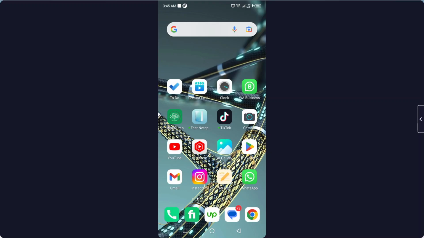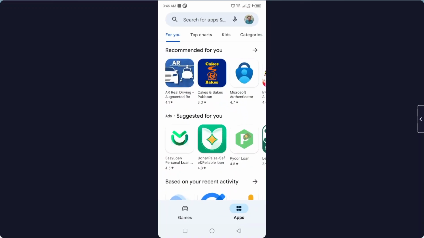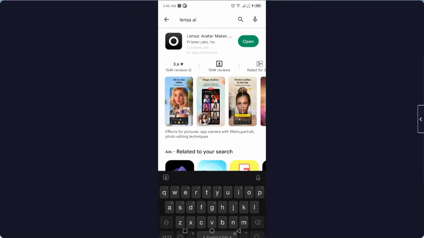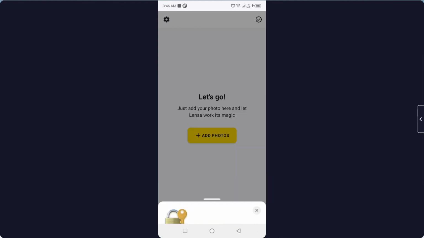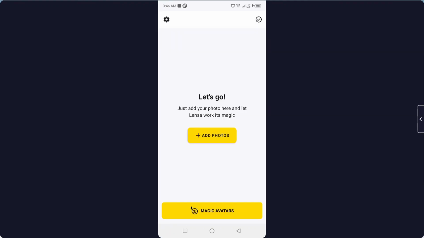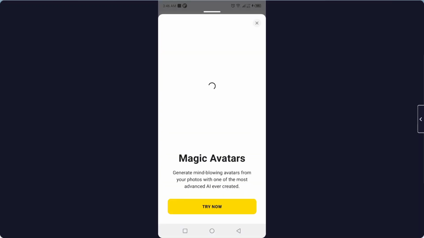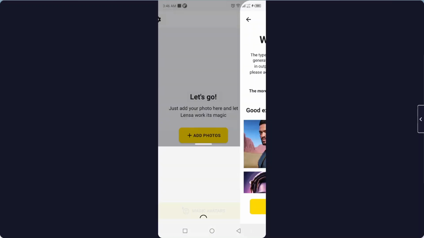So the first step you simply need to do is to open Play Store and search for Lensa AI, and you need to download that application and then click on open. Once you are on that page, it will take a few seconds, and then you need to click on here. You can see at the bottom Magic Avatars, click on that option and click on Try Now,